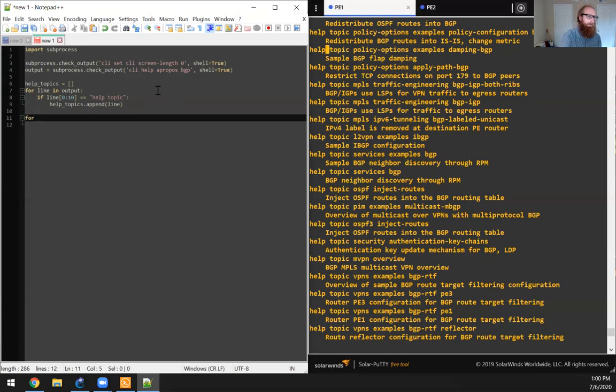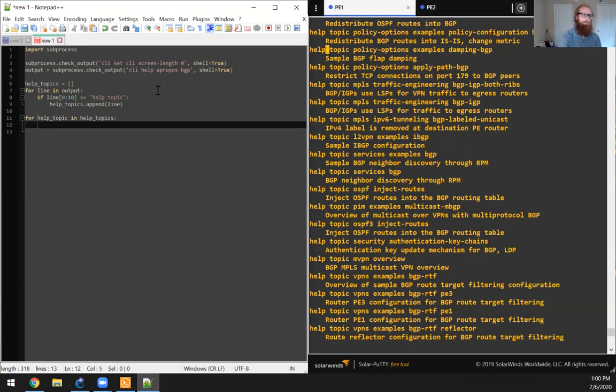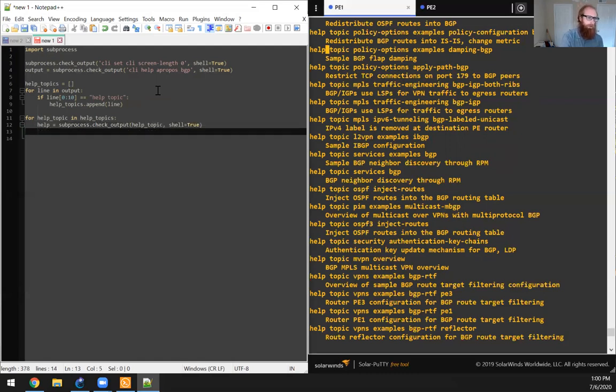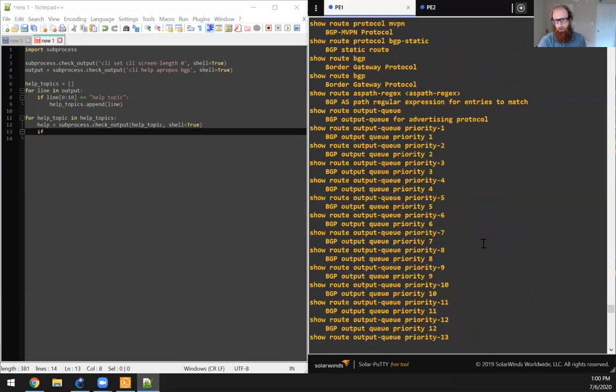Okay, and then we'll do for help topic in help topics. Help equals subprocess dot check_output help topic, shell equals true, and then we'll say if,